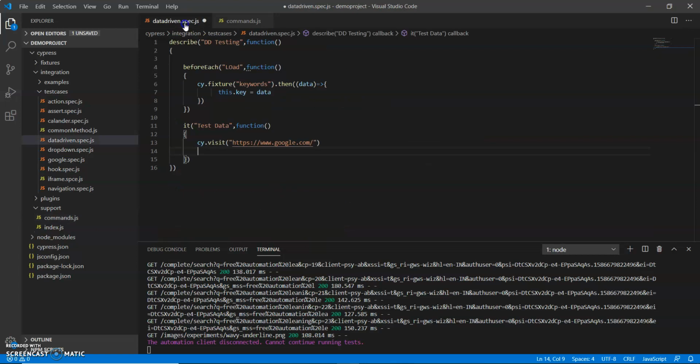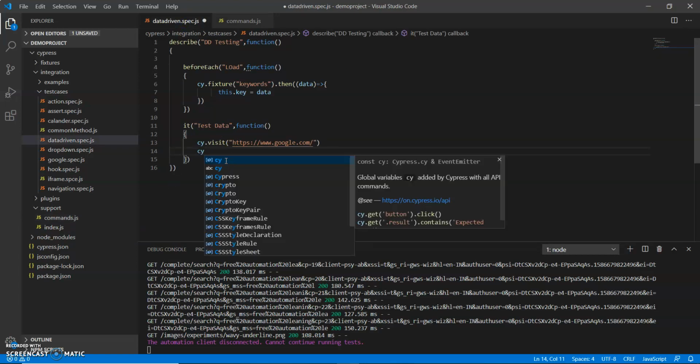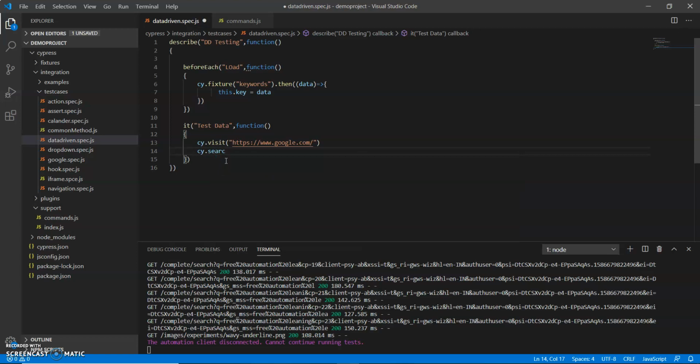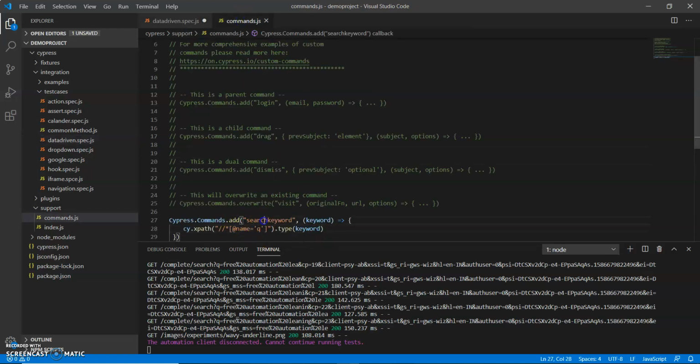So how can I use this method in my test cases? I just write cy dot and put search. Let me copy that method which I created here. So these are Cypress commands dot add.